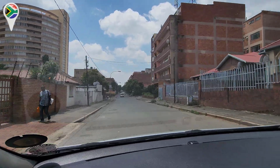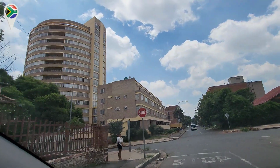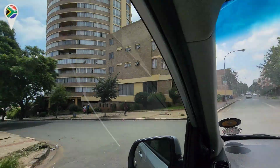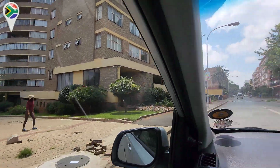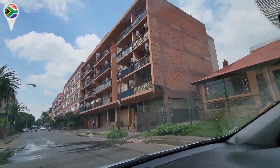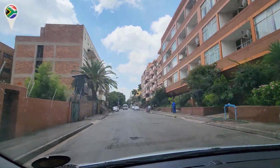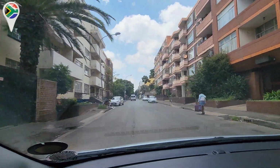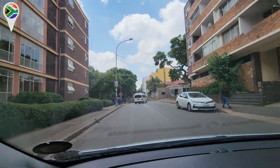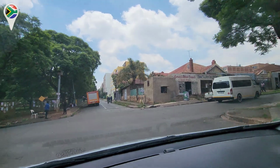Berea and Hillbrow are technically geographic one, but we've separated them because they're too big. So this area we don't take care of. Starting from here, we're actually doing this inside of the car because it's easy to basically cover the area, because like Nicole said, it's very, very complicated to see everything by foot, and we want to give you guys an idea